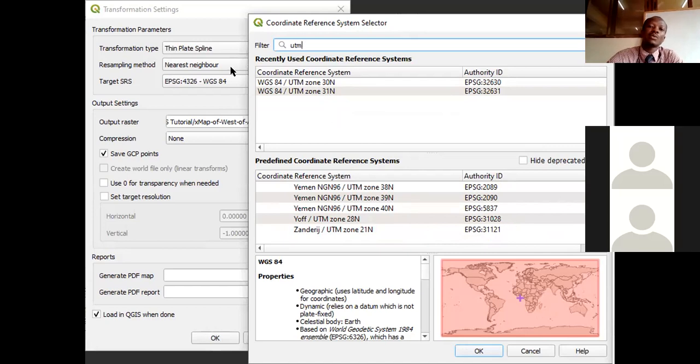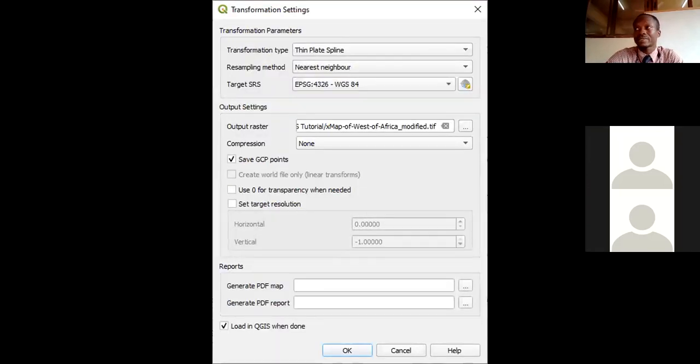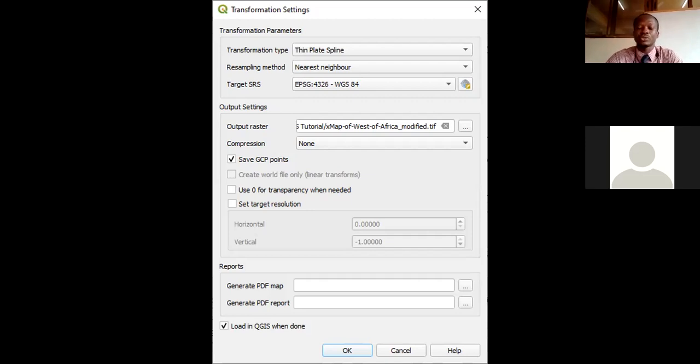Are you okay? So we are telling the computer that the coordinates that we have put into the georeferencer actually belong to longitude and latitude. If they were universal transverse Mercator coordinates, if they were projected coordinates, then they wouldn't look the way they were looking. Most of the time, projected coordinates are very large. When you have a central meridian, which is like 500,000 meters, you know what it means. These are huge values. But what I'm saying is that you need to ensure that you have set a target SRS of